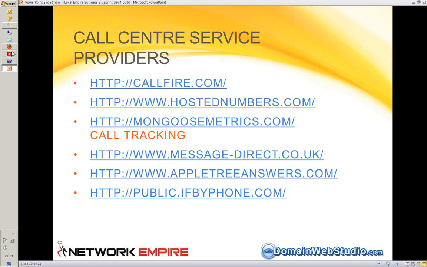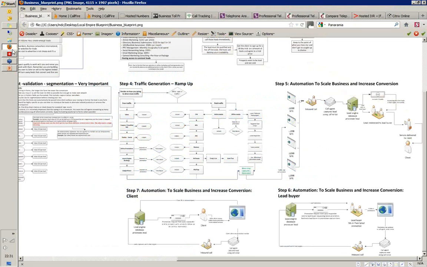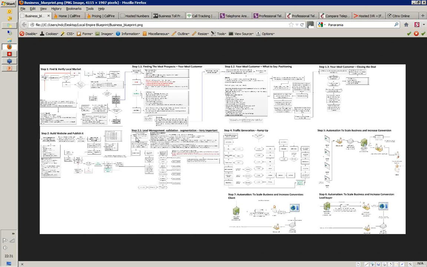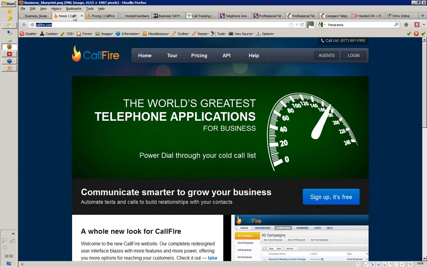So what I want to do is quickly switch to the browser. What we've got over here, this is our entire business process map. I've actually built it all out, so we'll look at this at the end. But this is everything we've spoken about over these last 4 calls. You can see it's quite intense, all the things we've gone through. But yes, Callfire, and these guys basically, you can plug straight into the system and they'll do all the kind